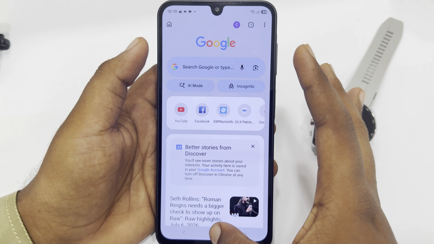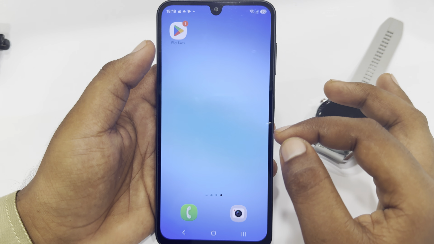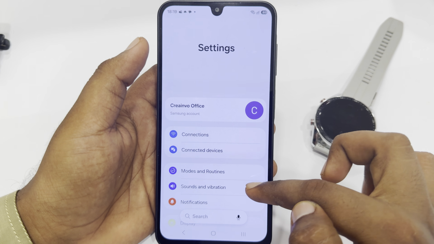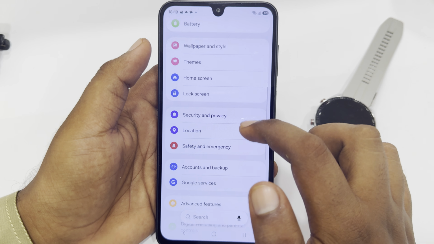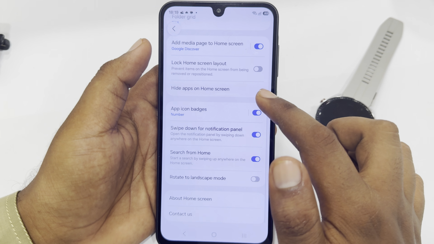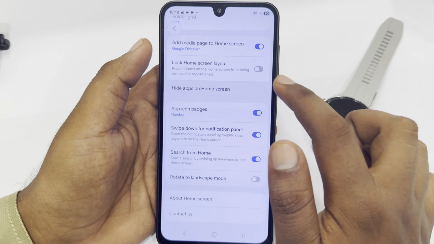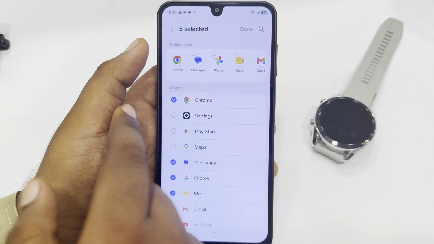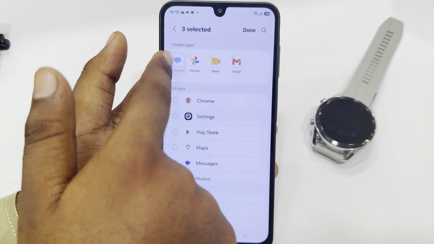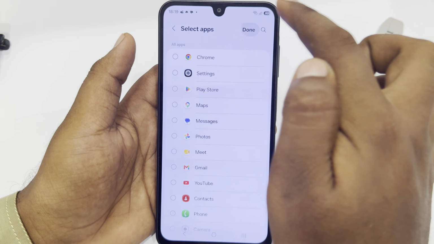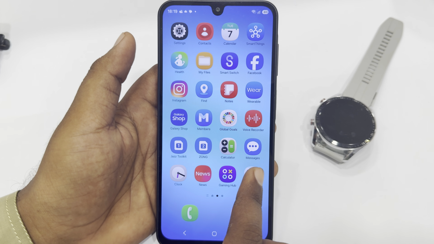Or the third way, you can unhide it in that specific app. So I'm going to open my settings to unhide my apps. Just go to home screen and scroll down. Look for hide apps on home screen. Click on it. And here you will see all the hidden apps. You just have to click on this minus icon over here. Just click on that icon, and now click on done and you have successfully unhidden